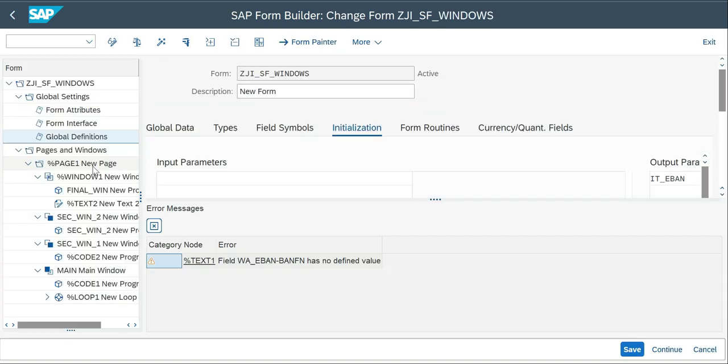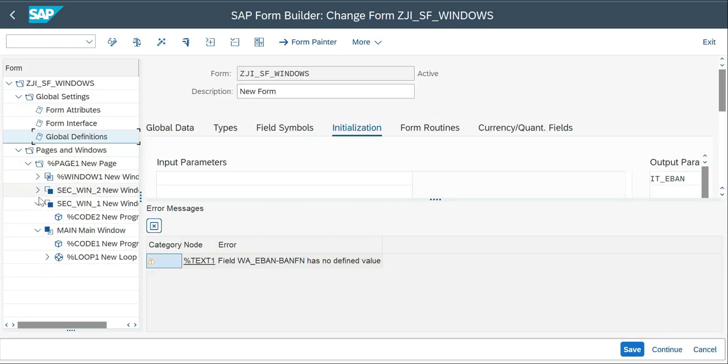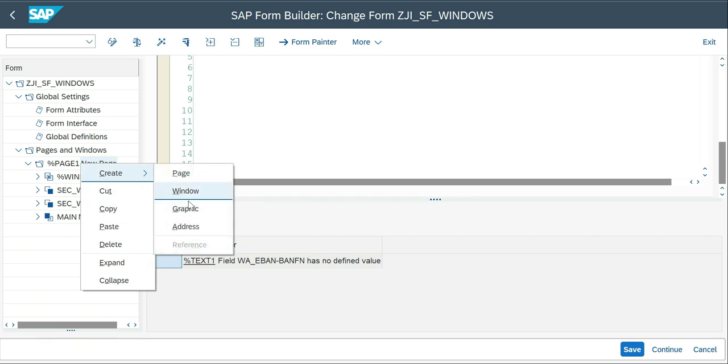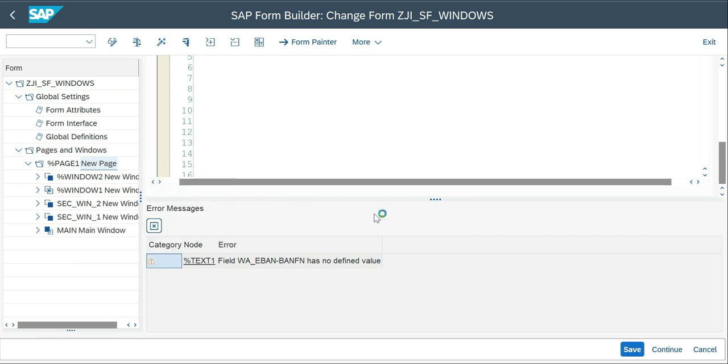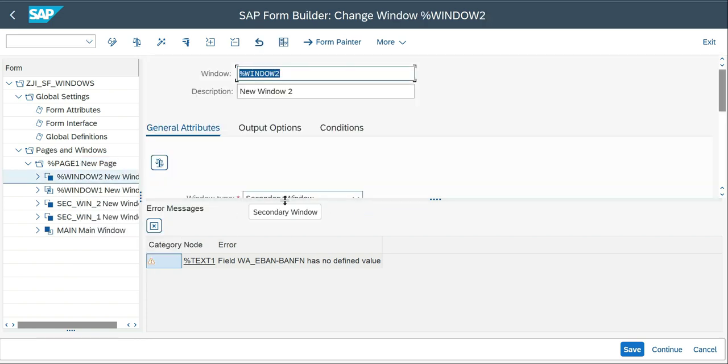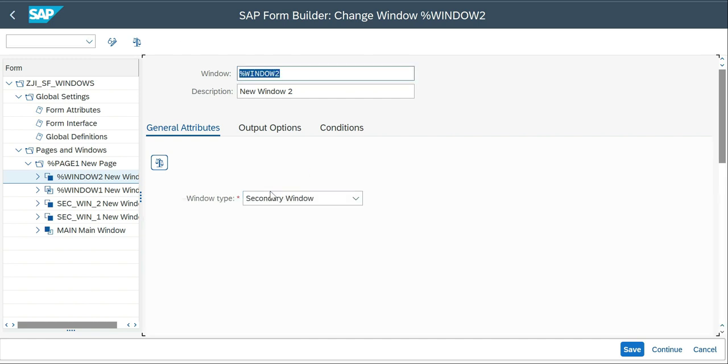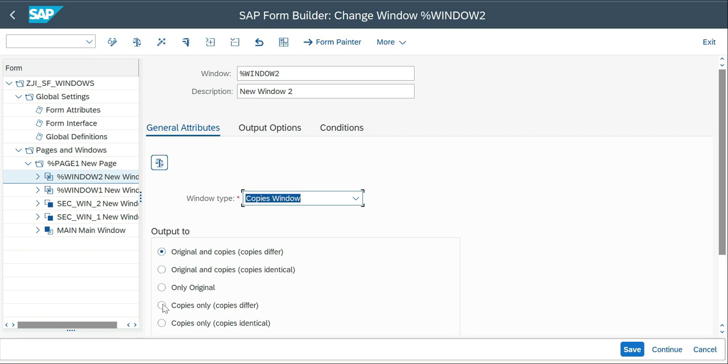Okay, so copy windows, these things have no issues. I'm going to create a copy window. Right click, create window, and then copy. Okay, so copy window, I'm not going to change anything here, let it be. So inside the copy window,